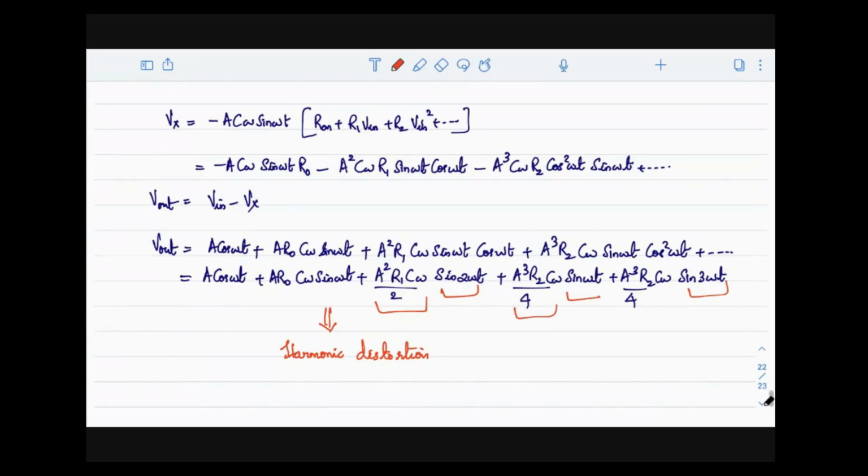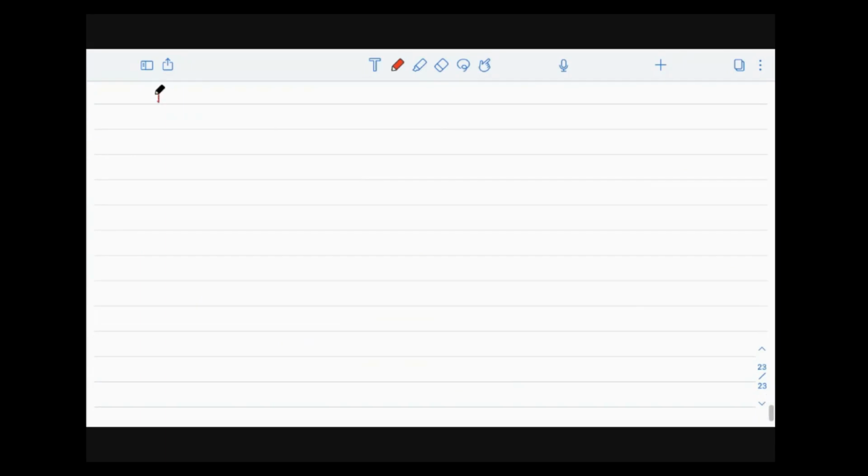Ultimately what I need is a resistance of the switch whose variation should be linear. So what is the problem? The resistance is depending on your input signal. So what should be our ultimate objective now? The resistance should be independent of input signal.